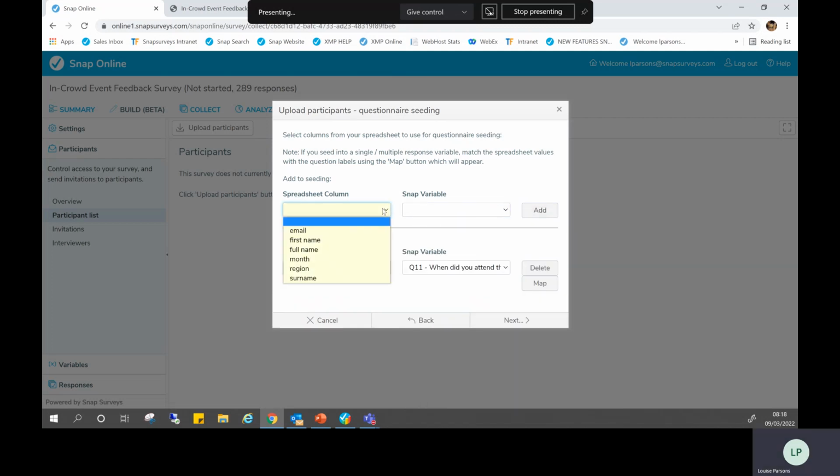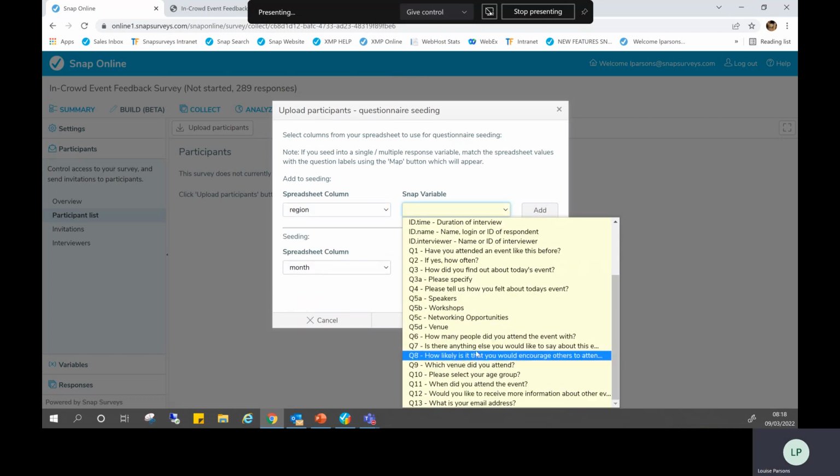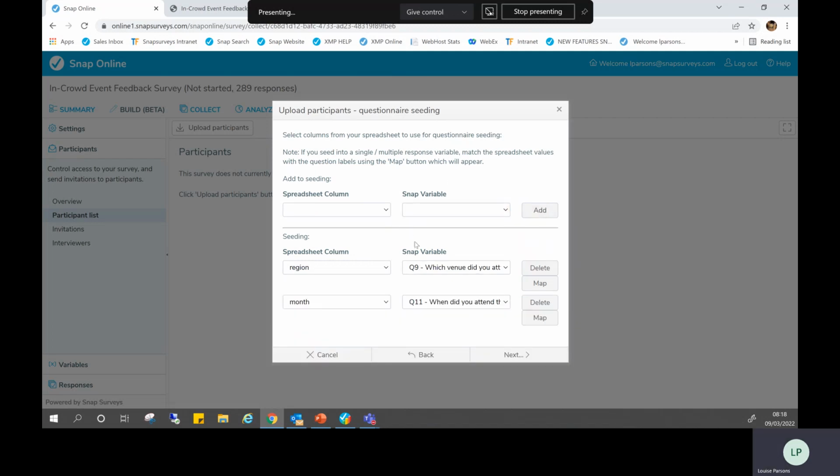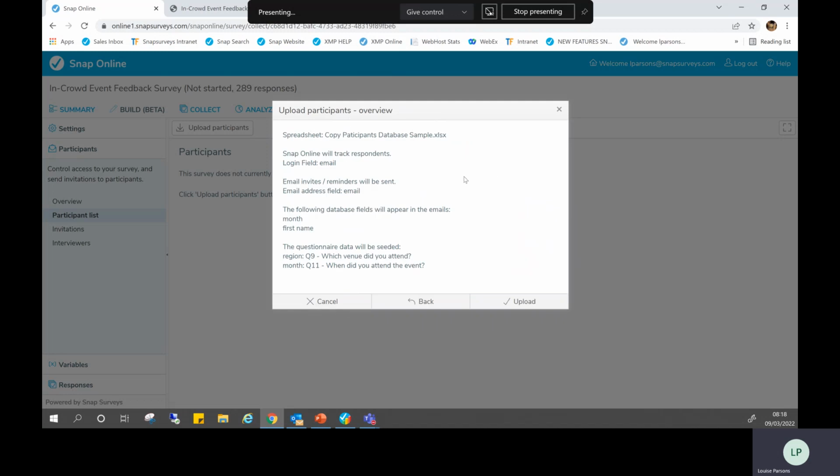And if I wanted to add another field, I can keep adding them. So region might correspond with which venue did you attend? And I can keep on adding them as long as I've got fields with which to do it. And if I click next, it gives you a nice summary of those fields that we've selected. So we want our month and name available for our invitations, and in the actual survey, we're seeding region into question 9 and month into question 11. If I then upload that,